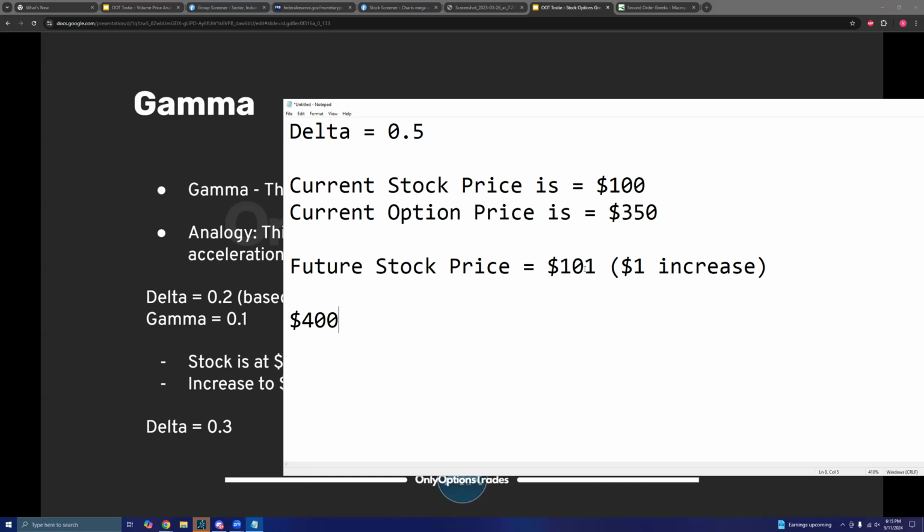Even if the stock price increments a cent, we could see a change in the price of the option contract. So it's much more incremental. It's not a kind of black and white sort of change there. So for example, if the delta is 0.5 and the stock price only increases 50 cents, our option contract would increase by about $25, which is half of a delta, to $375.